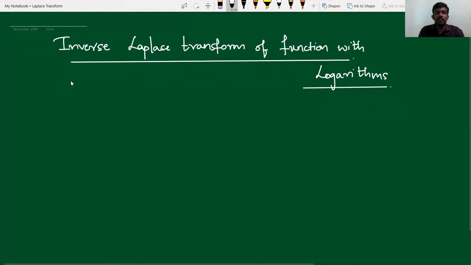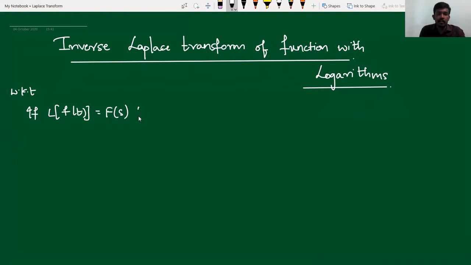Hello everyone. In this video, we study how to find the inverse Laplace transform of a function which has a logarithm in it. For that, we make use of a property of the Laplace transformation. We know that if the Laplace transformation of the function f of t is given by capital F of s, then